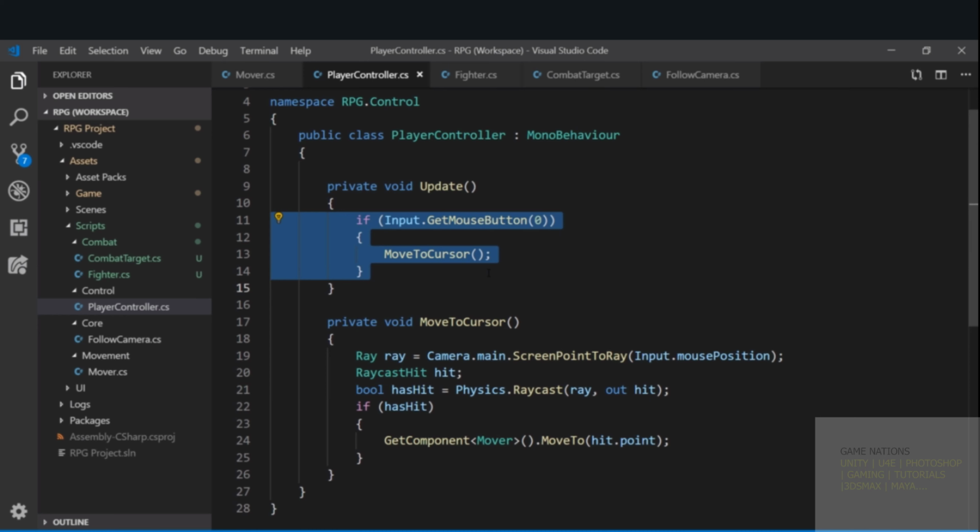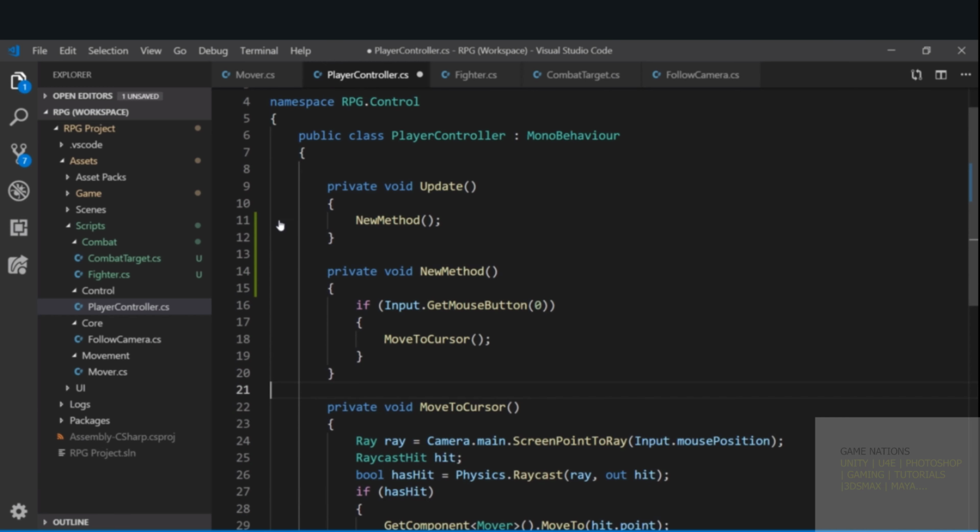In fact, we can make that really explicit by selecting everything that's in the update, and you can either hit the light bulb or you can hit control period, and it'll give us some options here. In this case, it's extract method, and that's what we want to do. I want to extract it into new method, it calls it new method, and I can rename that with F2, and I'm going to call it interact with movement,